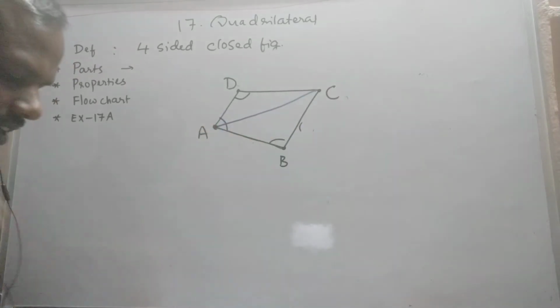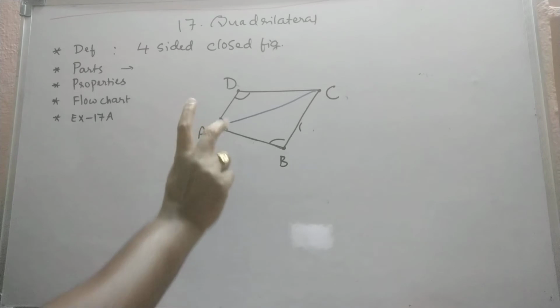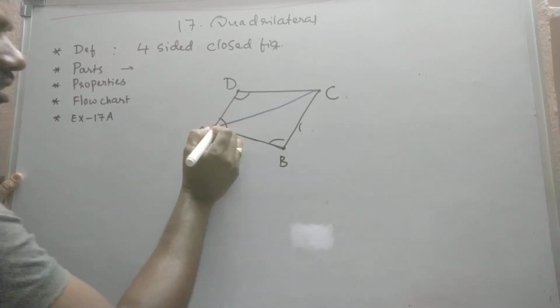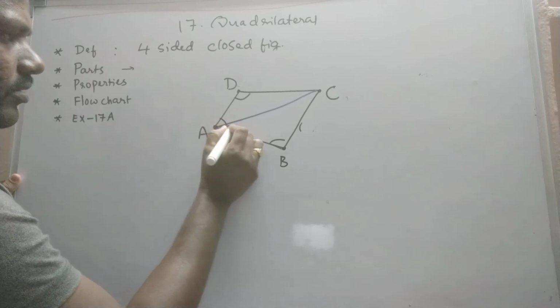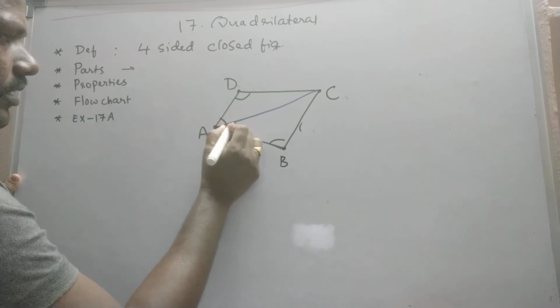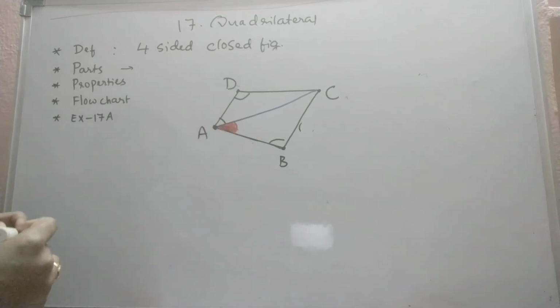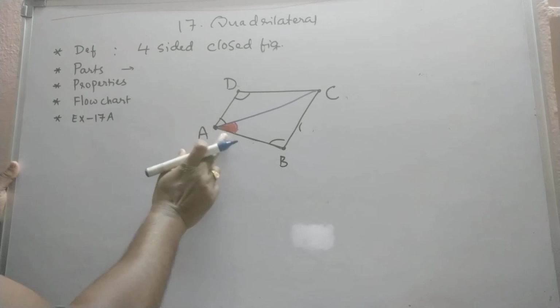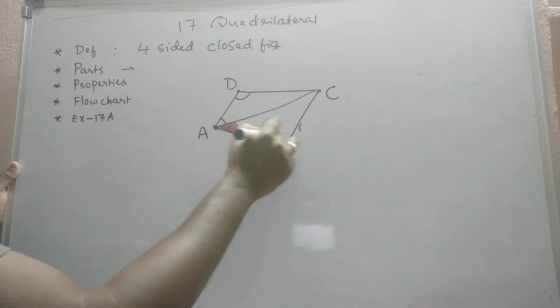As soon as I have drawn, A has split into two angles. So this is the first one. This red color one is the first angle, and the next angle is the empty angle. We have to give the name of this particular angle, that is important. If you compare, this is triangle 1.